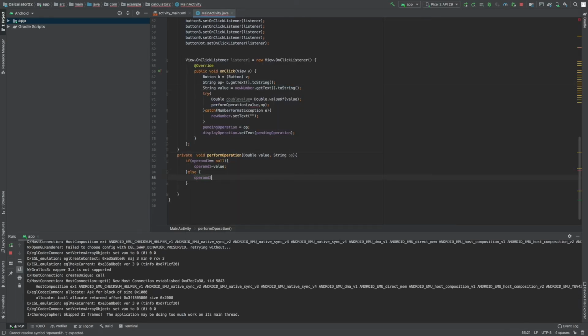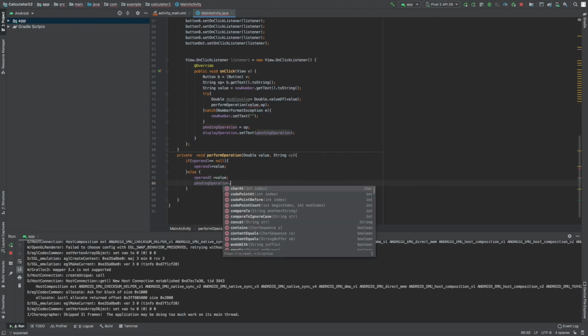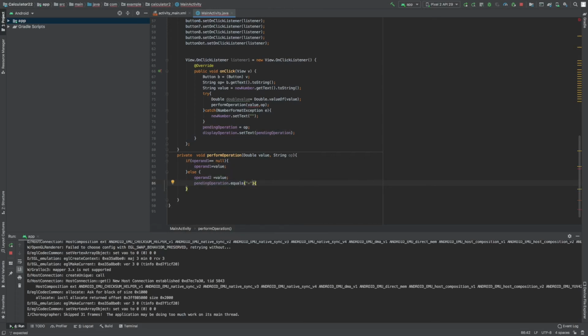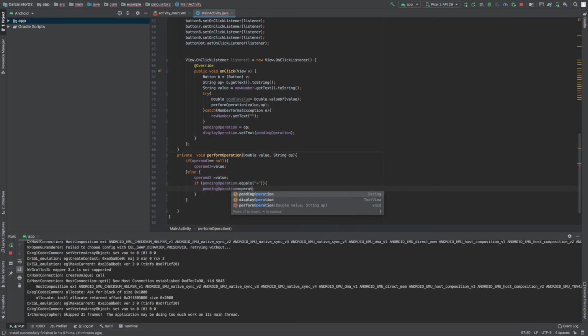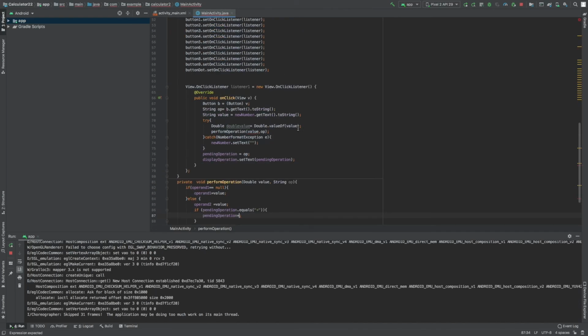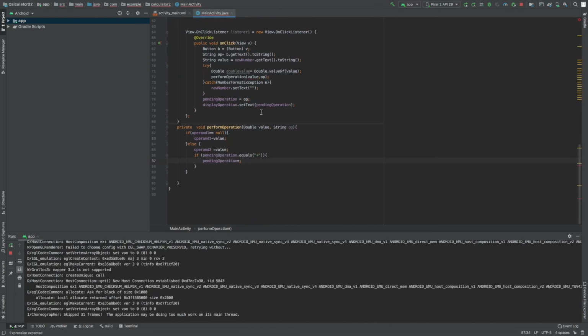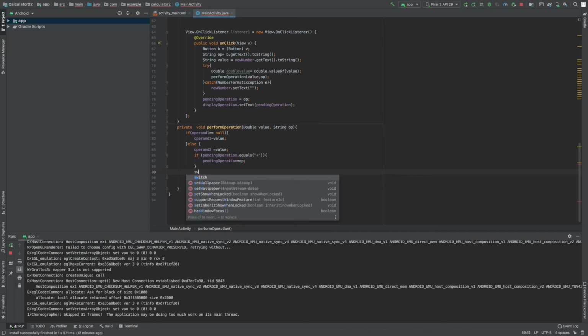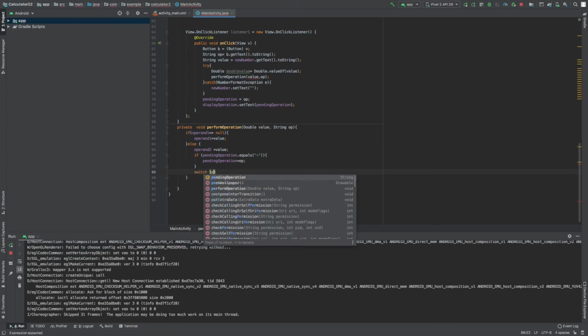So it's going to hold that value in operation. If operand 1 is equal to null, so if I had earlier added an operand here, it will add operand. If I have operand 1 equal to null, then operand 1 will be equal to value. Else, if I already had an operand 1 in the starting, it's going to run the if condition, then it's going to run the else condition. So operand 2 equal to value.